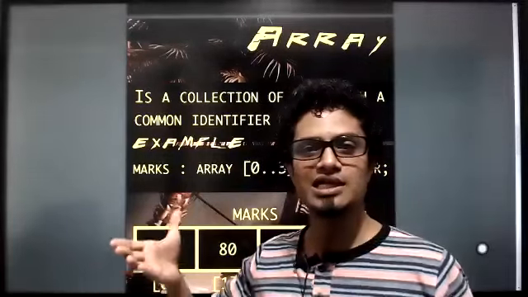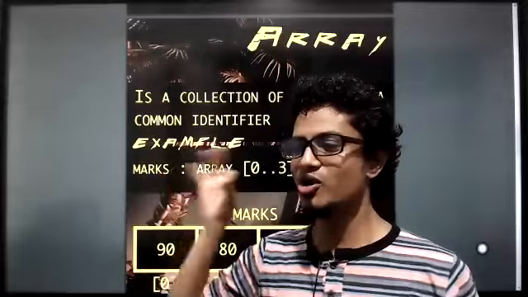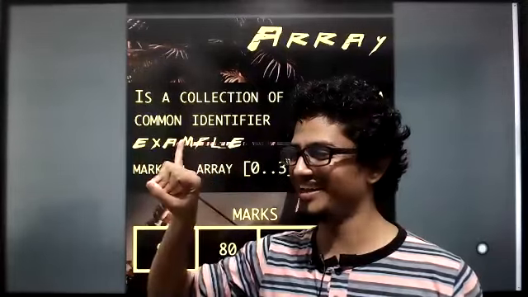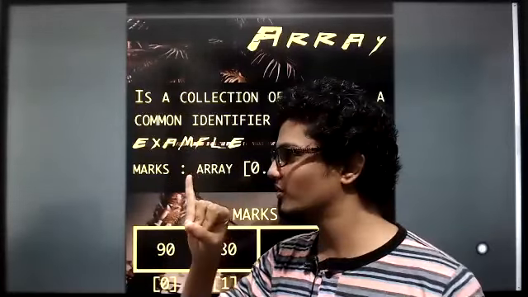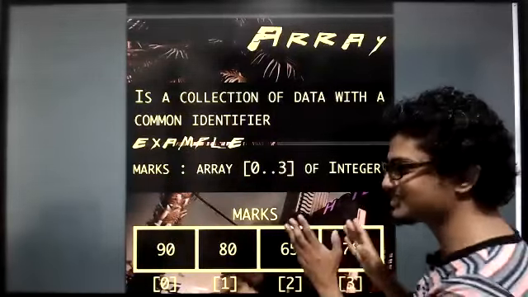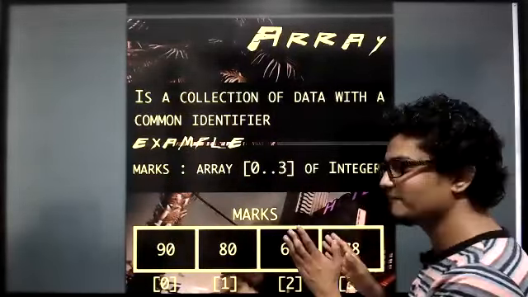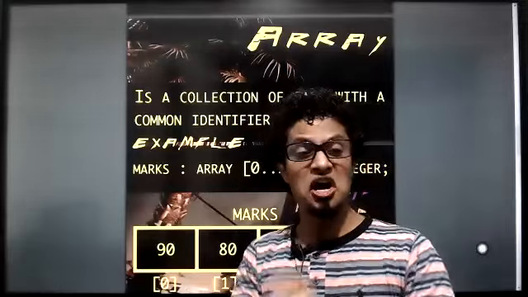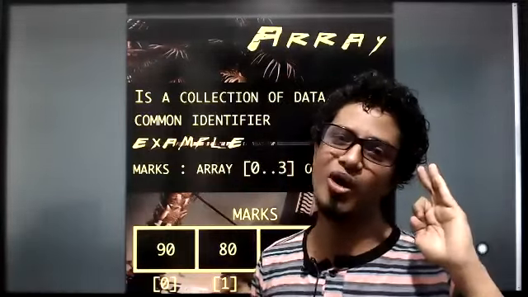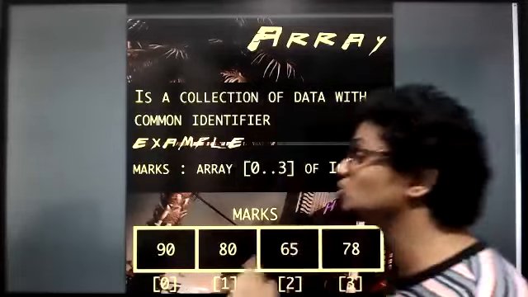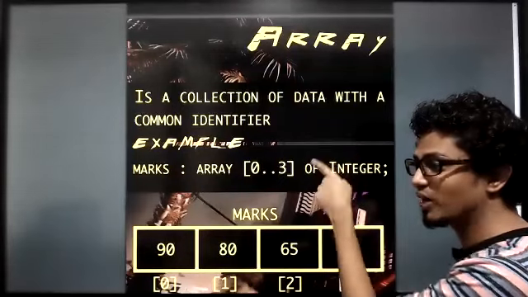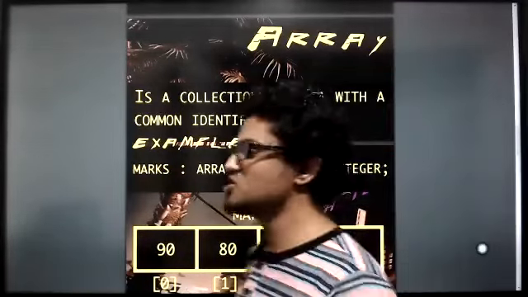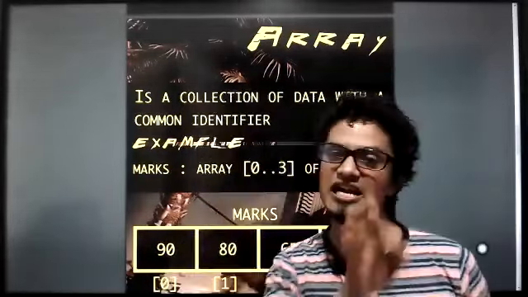So this is how I'm going to think. 0, 1, 2, 3. How many are there? 4 fingers folded. I have 5 fingers. So obviously 4. Can you all understand? There are 4 elements in this array. But all of those 4 elements are restricted. You can't store whatever you want. It is restricted to what type, kids? Integer type. You must store integers only.